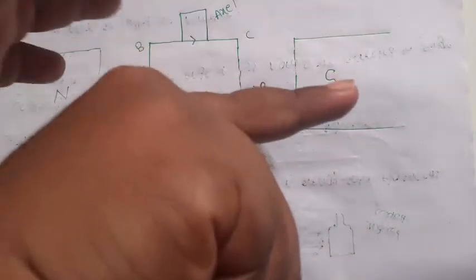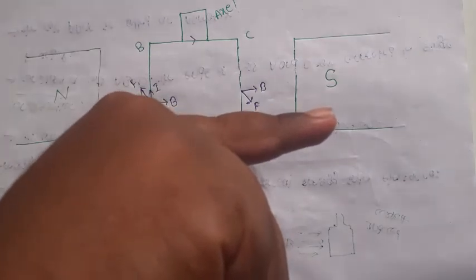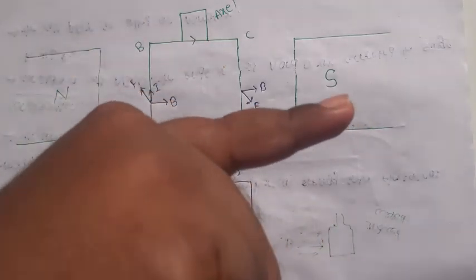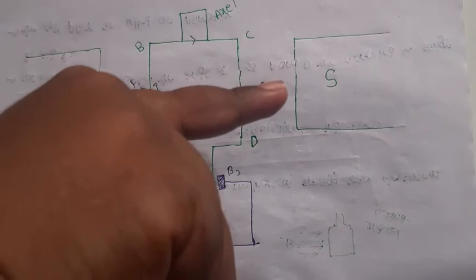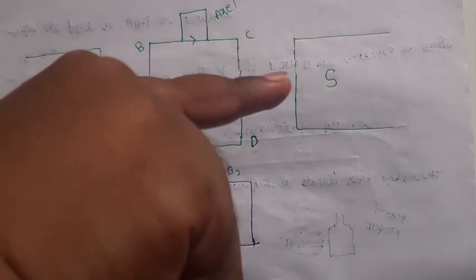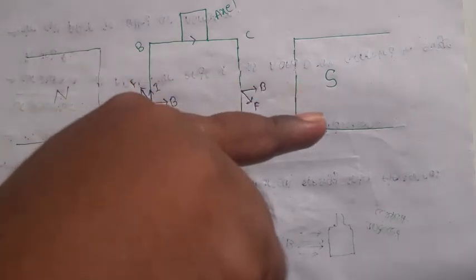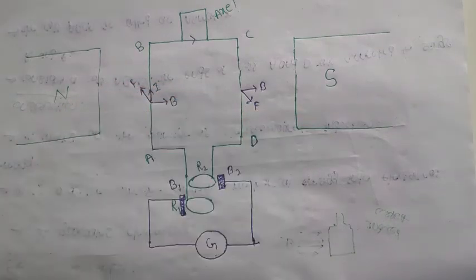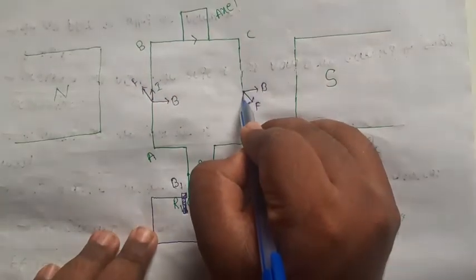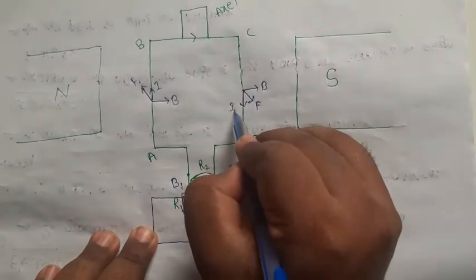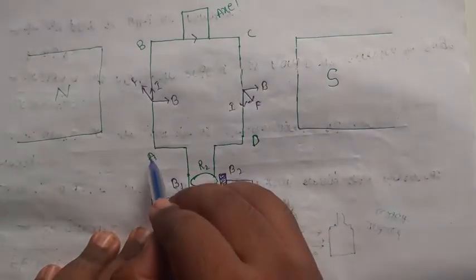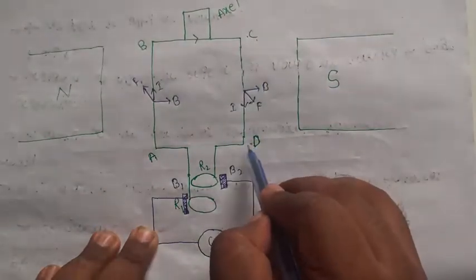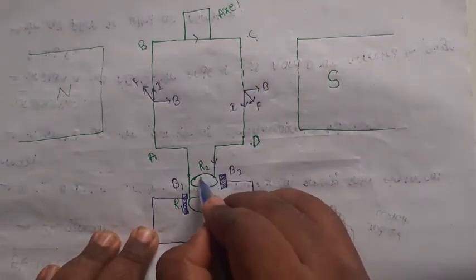The magnetic field is from left to right. There is no change in the magnetic field direction. What about the induced current? The induced current is from C to D, traveling downward. So in arm CD, what is the direction of the induced current? From C to D. This is the direction of current. So here current travels from A to B, B to C, C to D, and D reaches ring